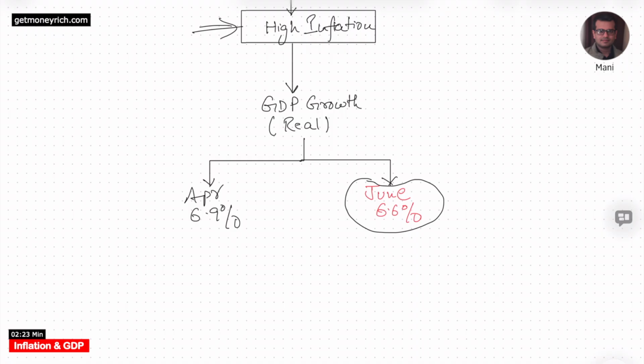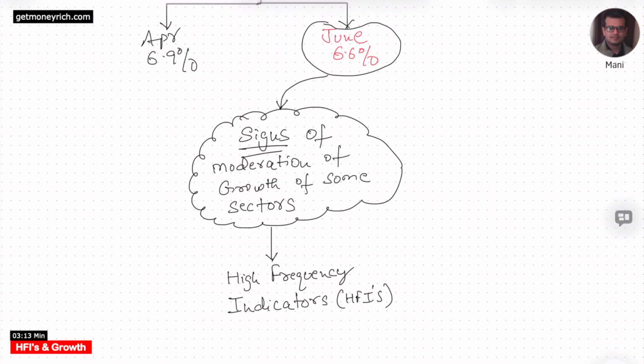This is a very important thing for us investors to understand: how does RBI come to know that the growth rate in some sectors is falling? For that we have to understand a term called high frequency indicators, HFIs. So what are these high frequency indicators? Basically there are 5 high frequency indicators that the Reserve Bank of India keeps watching to understand if the economy is growing as fast as it has in the past. These 5 indicators give a feel to the RBI whether the economy is slowing down or accelerating. So what are these 5 indicators?